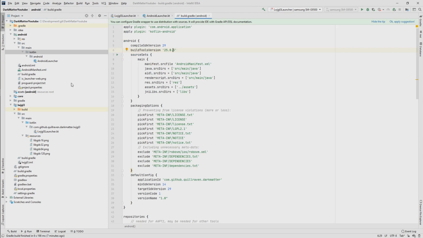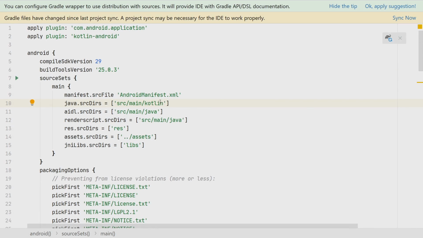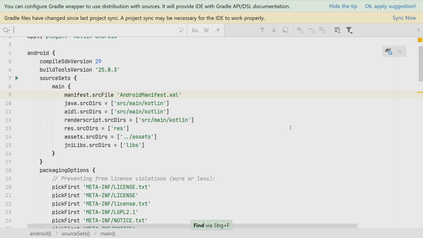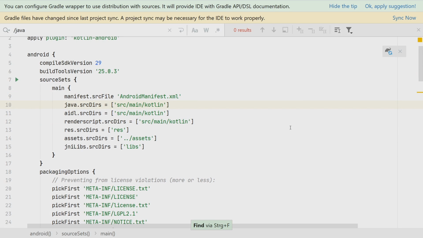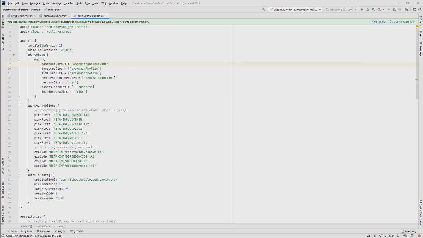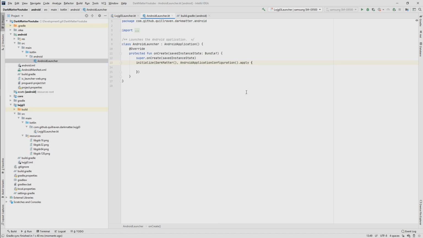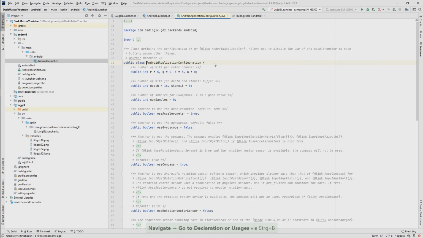And the reason is that in the Android build Gradle file, we have here that our source directory is actually the Java one, but we changed it now to Kotlin. So there we need to change a couple of things. Everything where it mentions Java, let's find all of these locations. Those are those three. They need to be changed to Kotlin. Then we need to synchronize the project once more. And now we should be good to go. Yes, so the Kotlin folder is now blue, so it recognizes it now as a correct source folder. And now also the auto completion, everything is working.